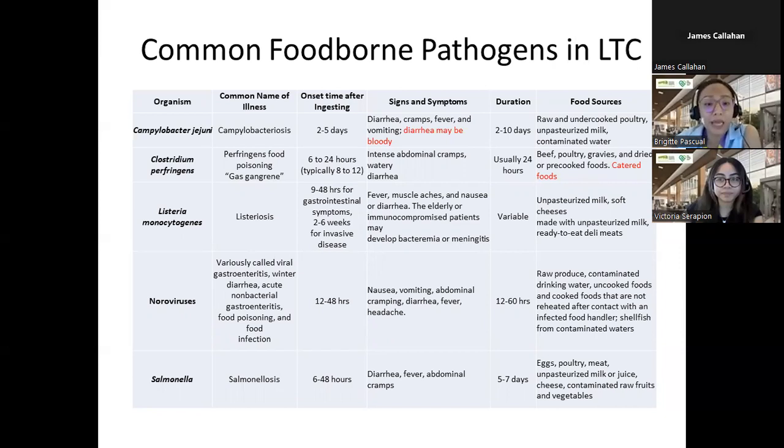Just want to take note that listeria is an important public health concern in the US, and it primarily affects older adults, pregnant women, and adults with weakened immune system. A resident with listeriosis usually has fever and muscle aches, sometimes preceded by diarrhea or GI symptoms. The elderly or immunocompromised patients may develop bacteremia or meningitis. Salmonella,